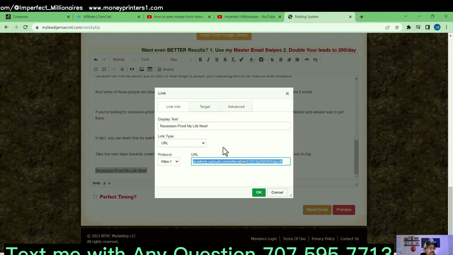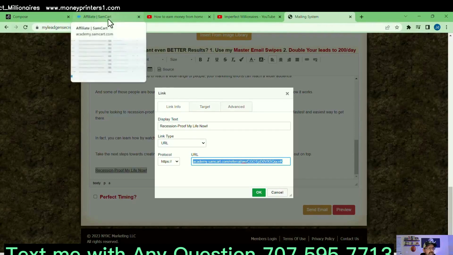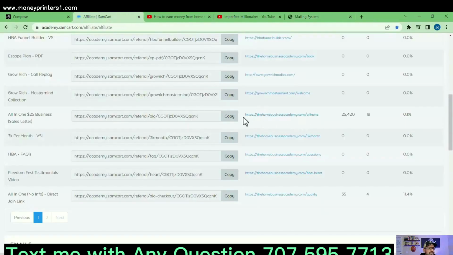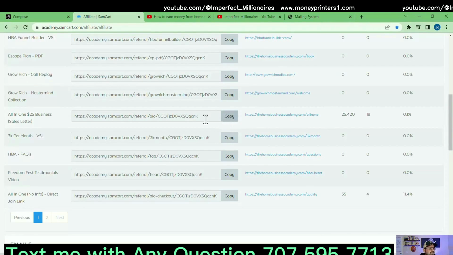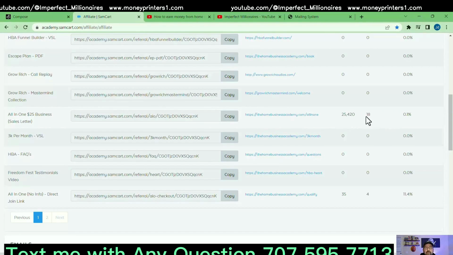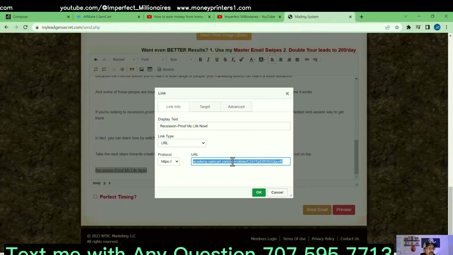Now where I got my link, just so that you know, you come over here, you have your SAM card open. If you notice, I have it open. And this link right here, whichever one you set up in your SAM card when you walked through the process to set it up, that's the one you're going to use. You can see that this hasn't been open very long, and there's already 25,420 clicks in here, and evidently 18 conversions. I just made this for making these video purposes, actually, with my daughter. So you come over here and you click on this button, copy, all right? And then you come back over here to your mailing system, and you just right click and paste it in there. But mine's already in there, as you can see.